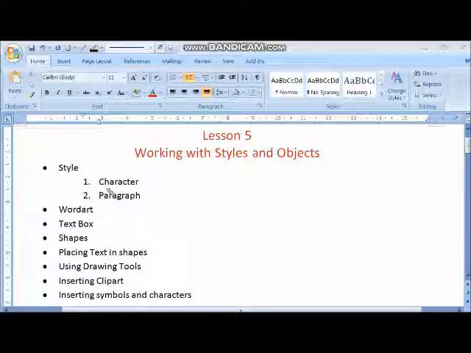Okay, so there are different styles. Two types of styles are there: one is your character style and second is your paragraph style. And where are these styles available? On your home tab. This is your home tab if you have seen, and this part is known as your styles. This part is your styles in your home tab, and you can open the style dialog box by clicking on this style launcher box. This is the style launcher dialog box.